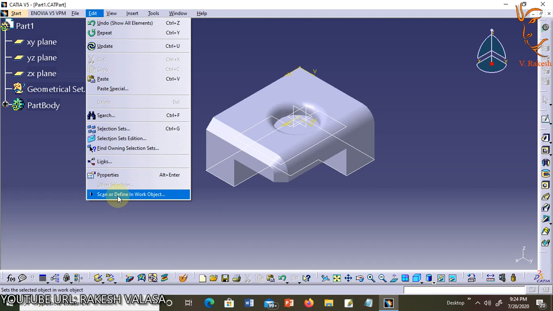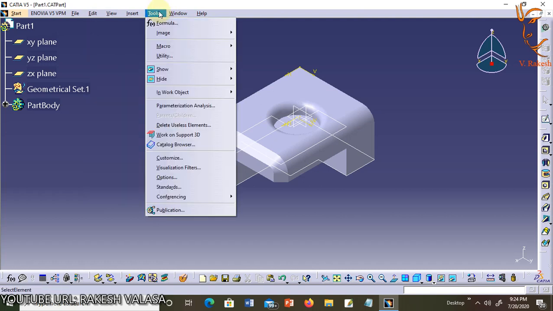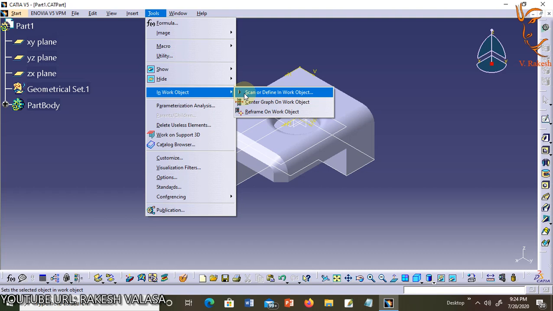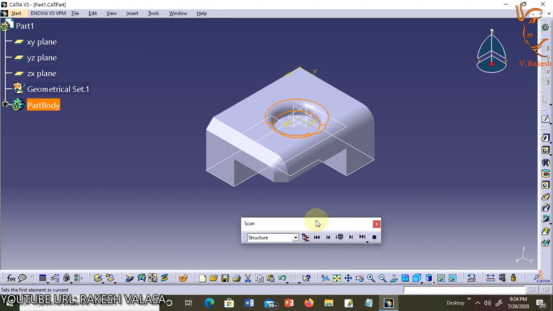This option is also available in the Edit menu, that is Scan or Define In Work Object. Using the player tools, you can step through the entire creation of the part. This is a great tool for reviewing the design process.